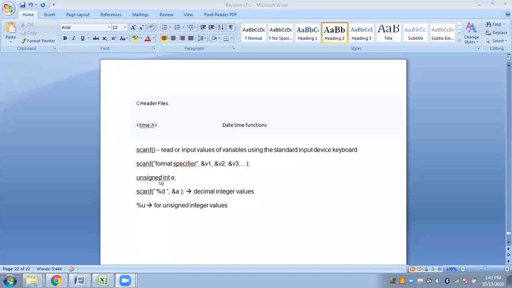So when you write only int, that means it is signed. That means it can be a positive number or a negative number. So it's a default integer, and for that you use only %d. But when you specifically mention unsigned integer, that means it will only refer to positive numbers or 0. Then you have to make use of %u for unsigned. As I said, this is for decimal values. When you want to use octal values, base 8 values, you will have to use %o, small o. This is for octal values.